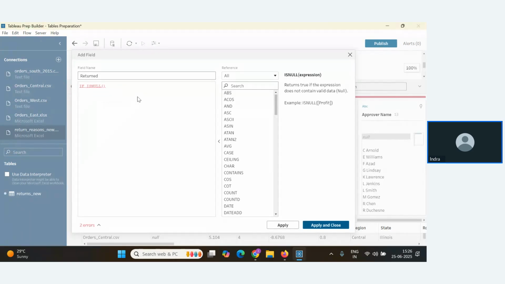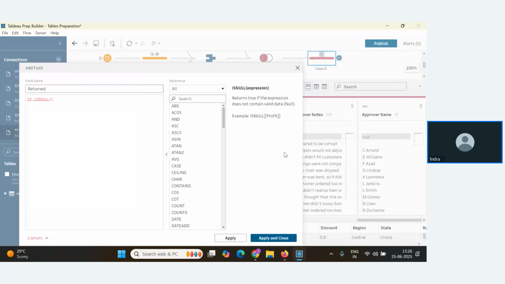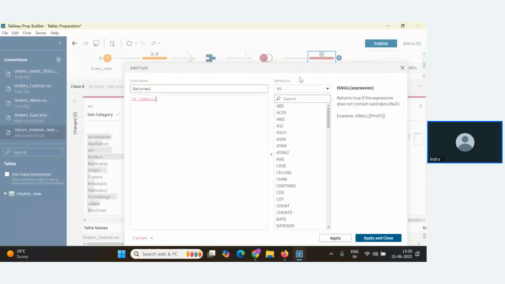The IS NULL function will find null values inside a specific field that you pass inside the parenthesis. I want to find the null values inside the return reason column, so I'll give here the return reason.